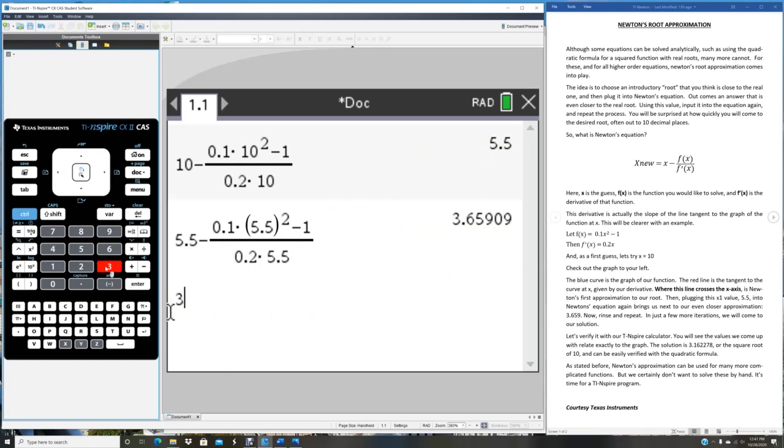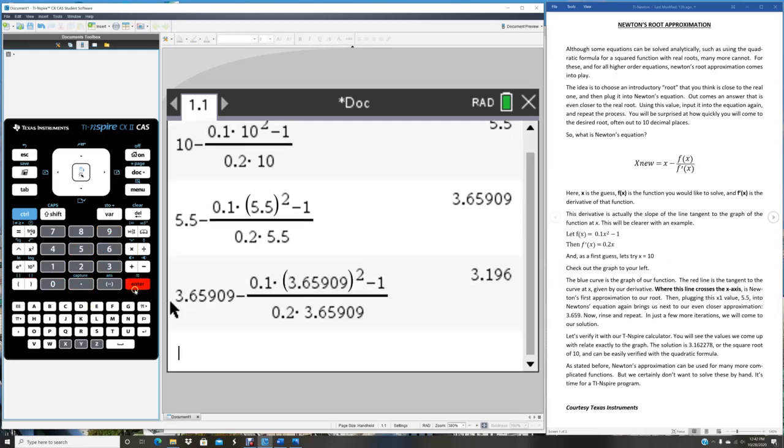We're using 3.65909 minus, and then our function is 0.1 times 3.65909 squared minus 1, right parentheses, and then divide that by the derivative, 0.2 times 3.65909 parentheses, enter, 3.196. So you can see after just 4 iterations, or 3 I should say,